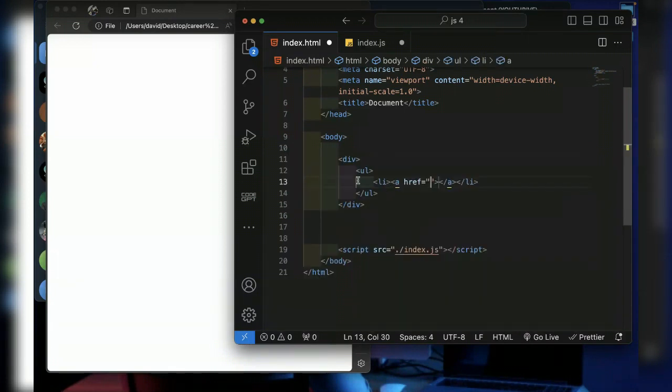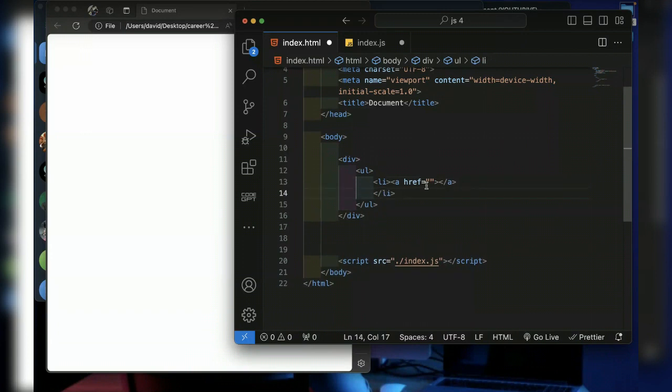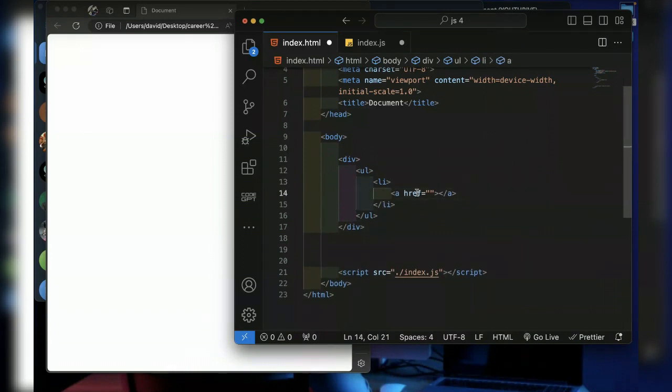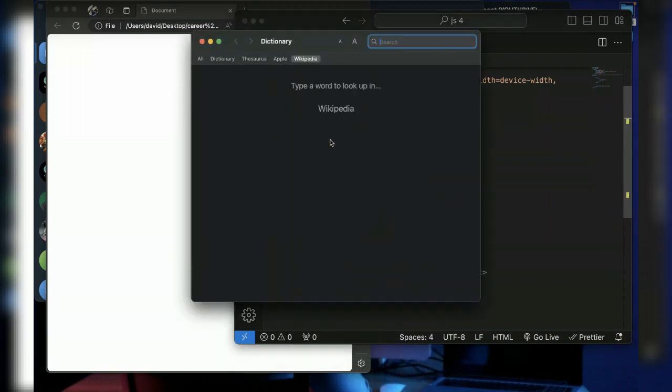So if you look at it here, now this is the parent to this, and this is the parent to this, and this is the parent to this, and also the LI is the parent to the anchor tag. So if you look at it, this is the child, this is the parent, the grandparent, the great-grandparent, and the great-great-grandparent.